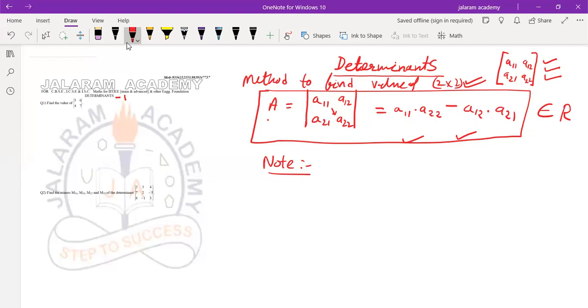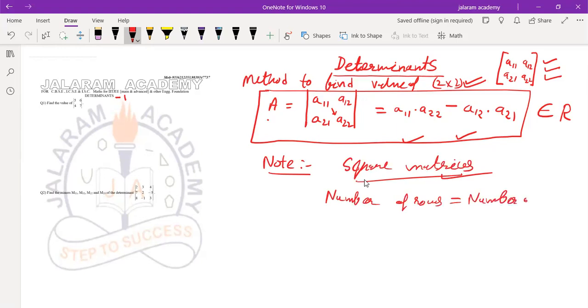Determinant is very important. There is a determinant method by which we can solve equations easily. Hope you all have written what I have discussed: determinants and the method to solve them. Note that determinants are always formed from square matrices. They are also a type of matrices, but their values can be obtained, so they are not actually matrices. They are found from square matrices, meaning the number of rows in a determinant equals the number of columns.